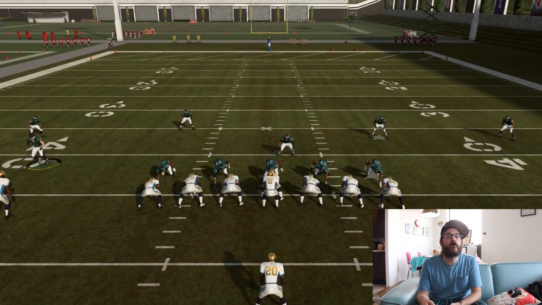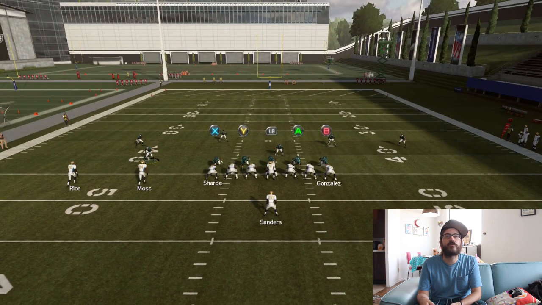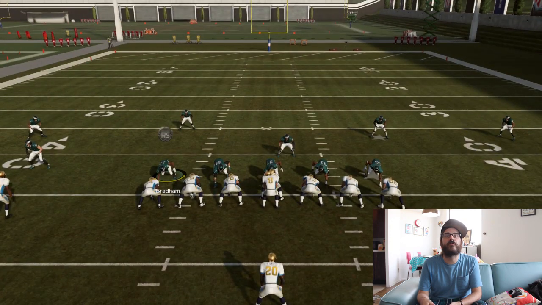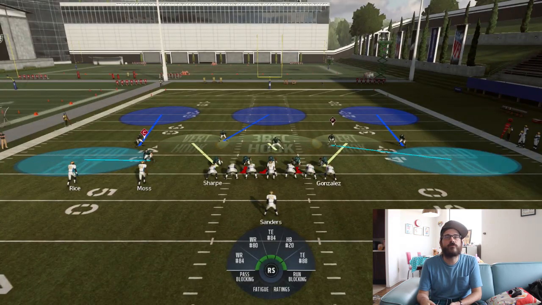And then I'll double tap LB, put X into a little hook zone, double tap LB again, and put B into a little hook zone. So see, I've got those two vertical hooks. Then I'm gonna use her right over the middle of the field here in this three receiver hook and just shut down anything. So I think it does, look at that, you got great hook zones over the middle, some